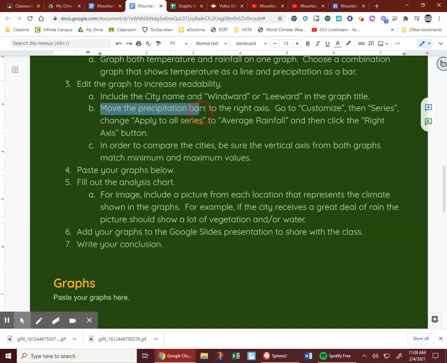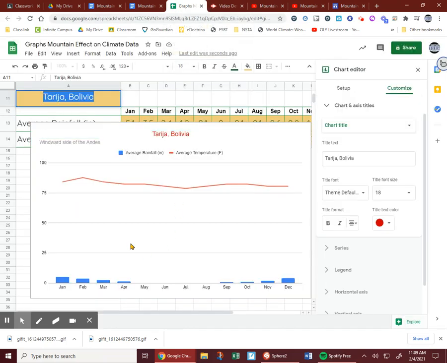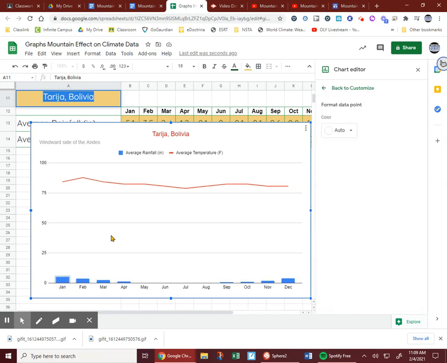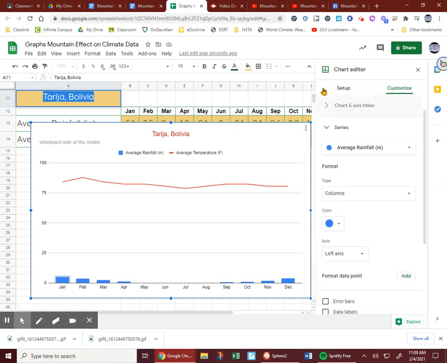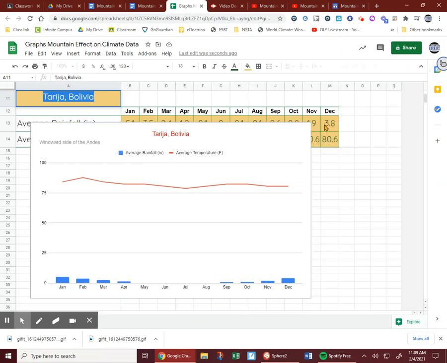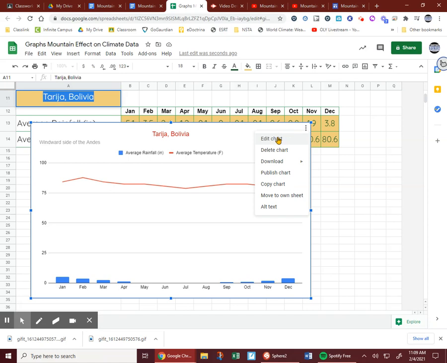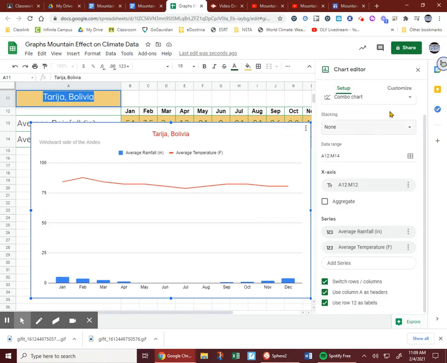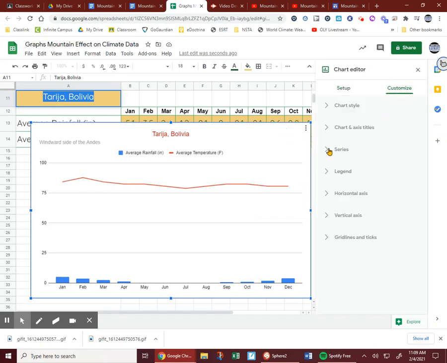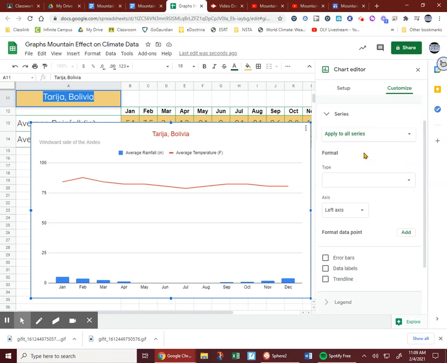B, move the precipitation bars to the right axis. Notice how the precipitation is measured with the left axis along with temperature. We're going to move these bars to the right axis. I can double click them, go to Series, or when you open up the chart editor, if you go to Customize Series, and the series that we want